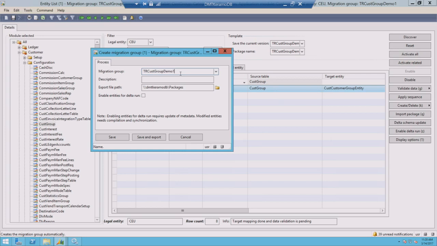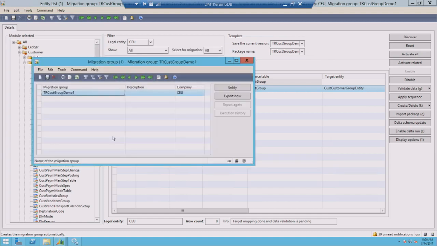that it picked up a name for the migration group, which is what I have actually given. And the default place where the packages that will be generated need to be created. If you want to enable incremental runs for this configuration, you enable this. When you enable this, it starts keeping track of the modified date time for those tables. And it will track the changes based off of the modified date time, and then use that to be able to export that information when you do the incremental iterations. So right now we'll just go ahead and save. So it has created the migration group for you for the company that you have